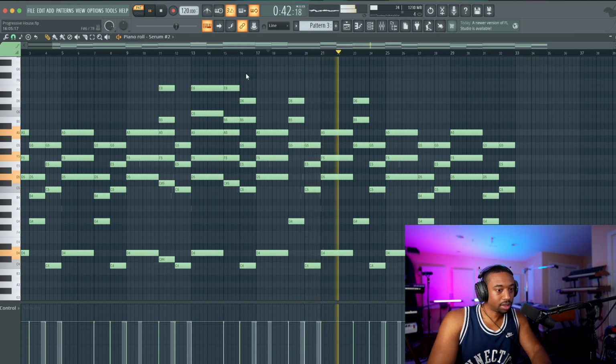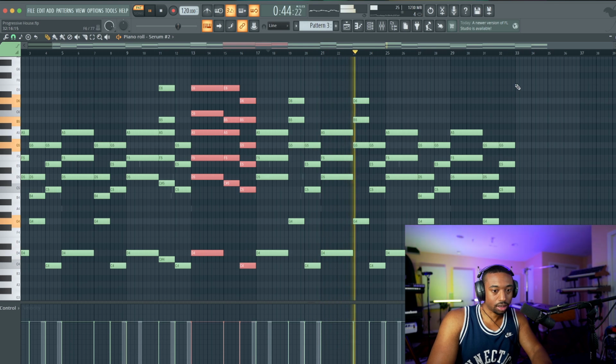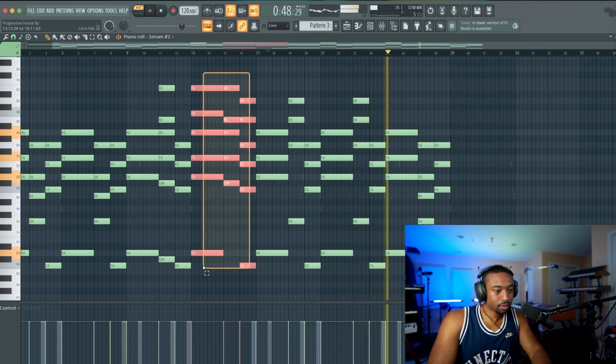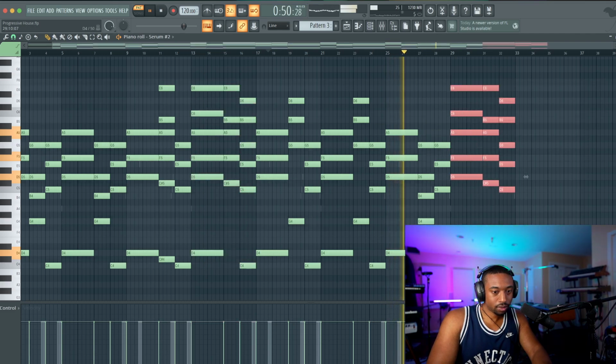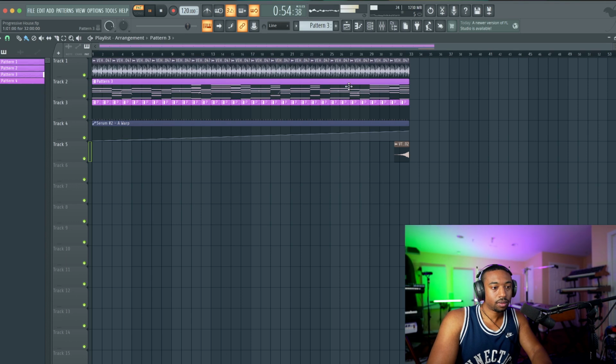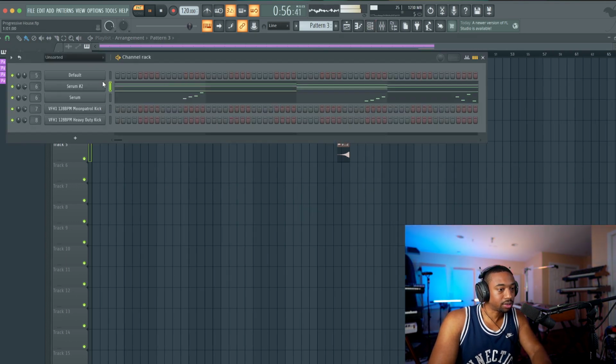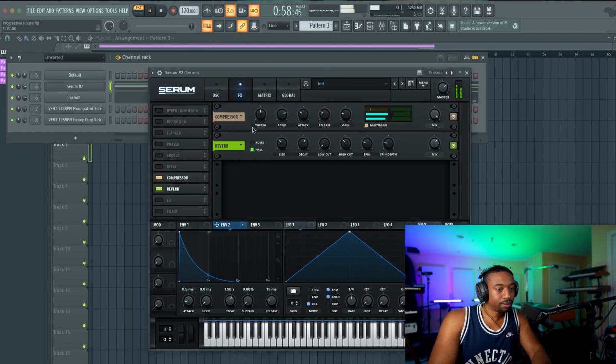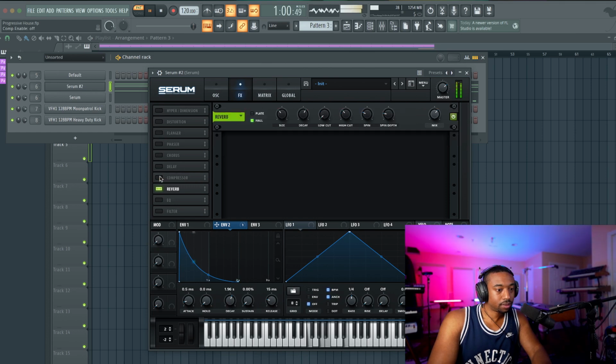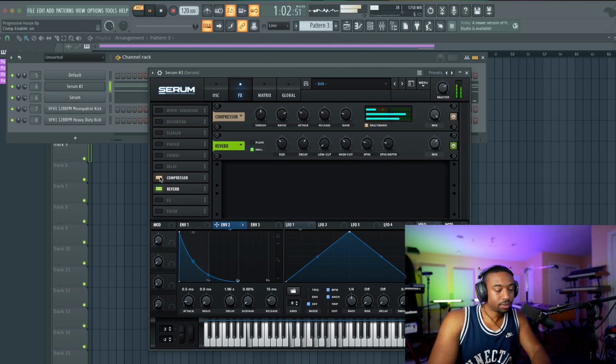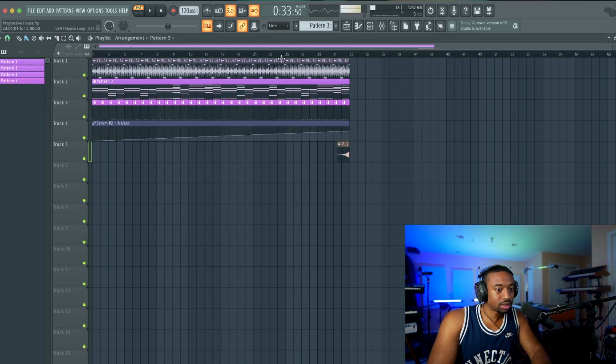And then I'll copy this section right here one more time at the end. Okay, so now there's small change ups. Okay, so let's hear it again. It's a little long, so I'm going to skip to the end here.